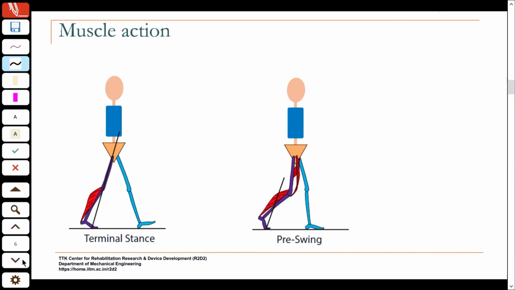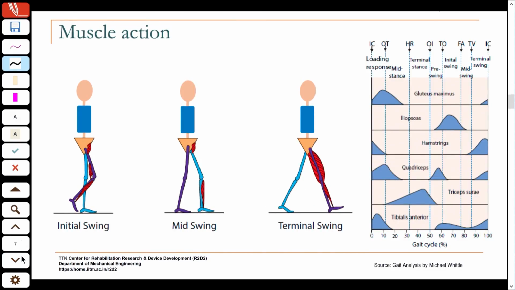So, if you see here, once it gets into the pre-swing, okay, now you have to lift the leg off the ground. So, that is when the hip flexors start coming into play. So, you see there that the hip flexors, the iliopsoas, are now acting during the swing. So, these are your hip flexors,